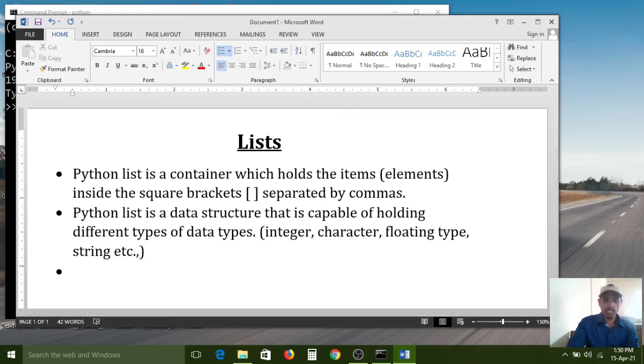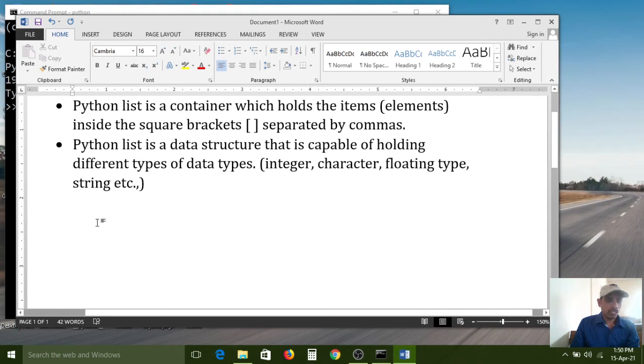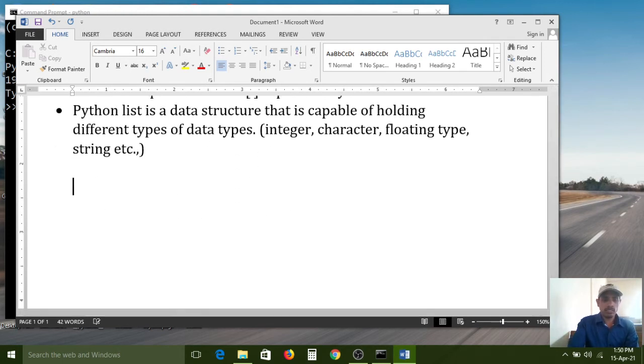Then again, now I am creating a list. Now we have to see the list creation syntax, how to create a list in Python. How can it be created?